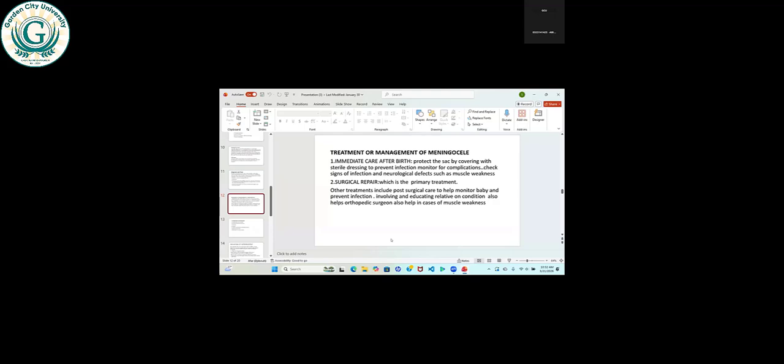So we have surgical repair, which is the primary treatment. The main goal of the surgeon is to close the opening in the spine and protect the spinal nerves. So it is the responsibility of the surgeon to see to it that the nerves are not